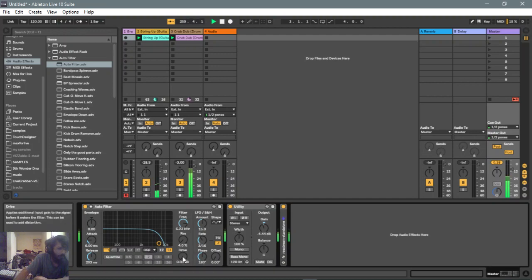You have this option drive, so you can basically, it's like gain, and sometimes the sound can get really loud, and you have to control it. So then you can put this effect here, utility, and have the gain turned a little down. The other thing now here which is left is